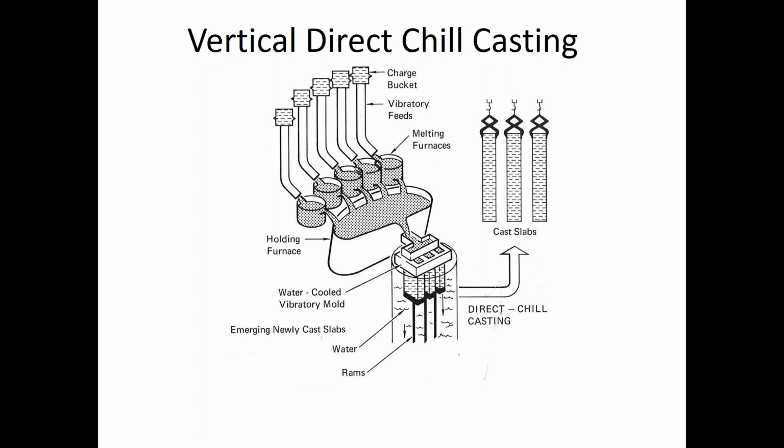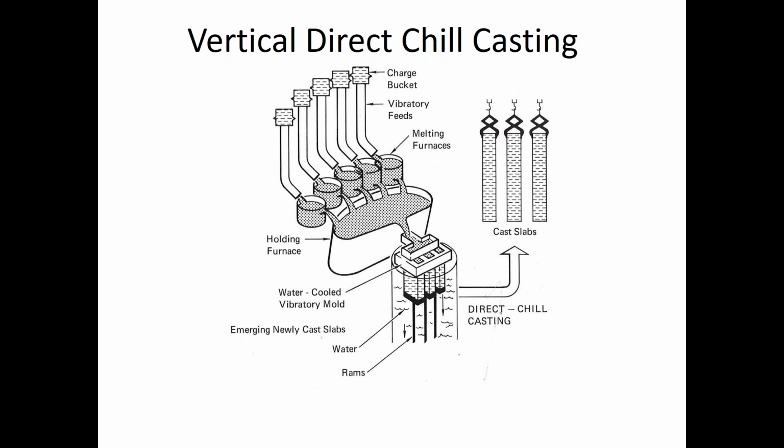You have a holding furnace, or maybe you just have one pouring furnace. In the case of electric arc furnaces, many times they are articulated and they pour directly from an electric arc